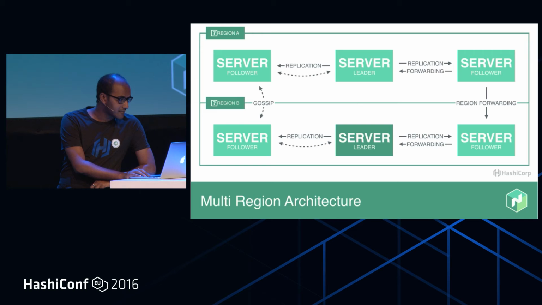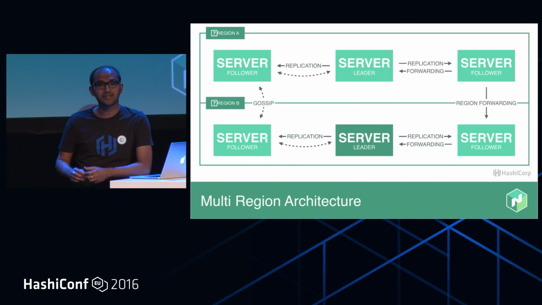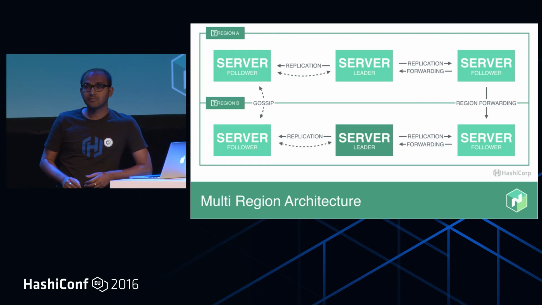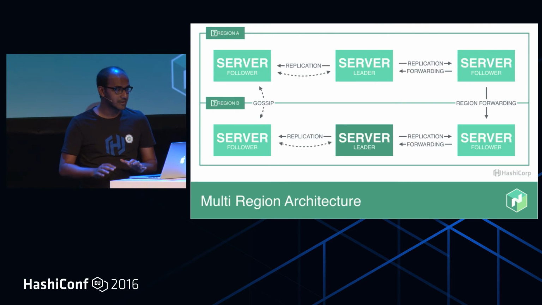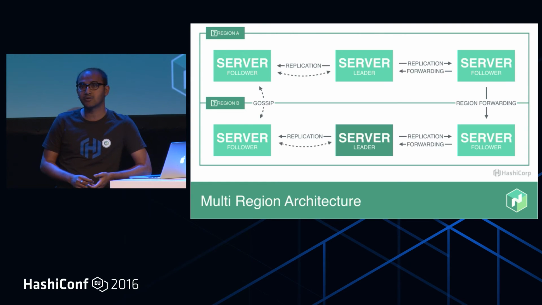In a multi-region environment, like the servers in different regions, they discover each other over gossip. So users can connect to any Nomad cluster in any region, and they could be submitting jobs in another region. Within a single region, the replication happens by raft, which is also what we use in Consul.